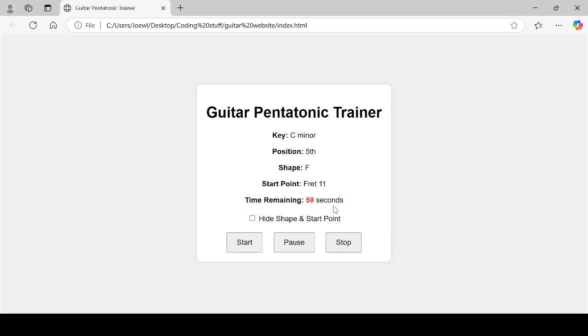And there you are. So for 60 seconds you get to play that last one, which was G minor, and then you are changed to a different start point, a different key completely in the C minor. Obviously it only takes a Grok prompt to change any of these things.